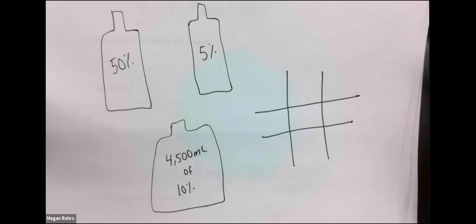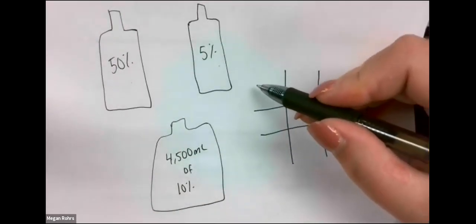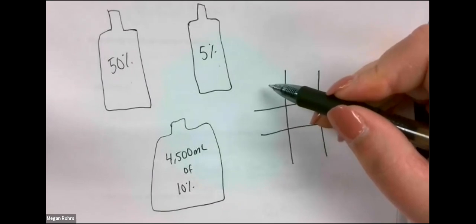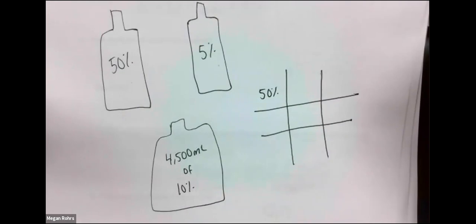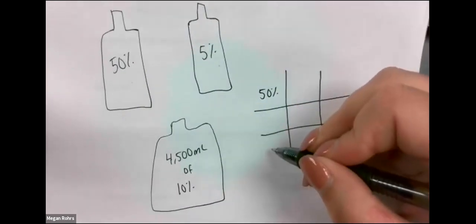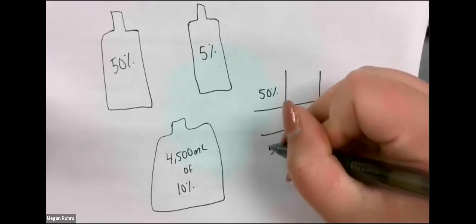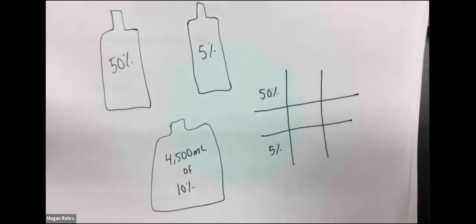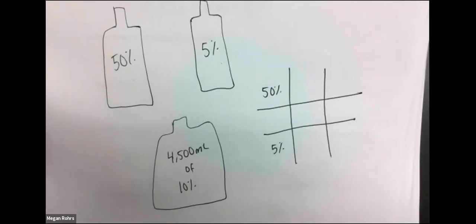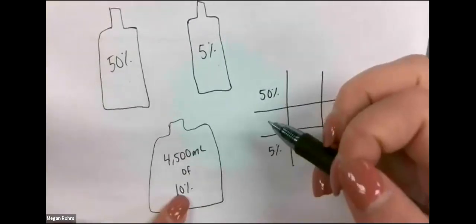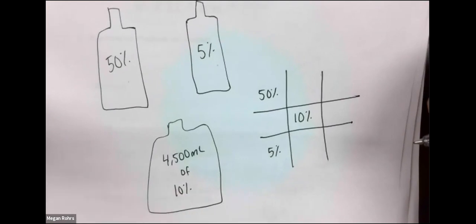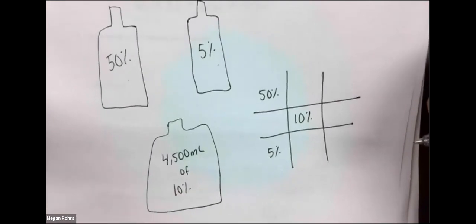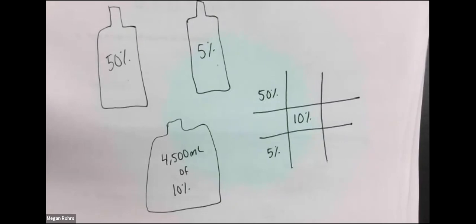So step one, always record your highest percentage in the top left. So we have 50% here. Always record your lowest strength in the bottom left, which would be our 5. And then record what you are trying to make in the middle. So we want to make a 10% solution, okay? Now the next step, we are going to